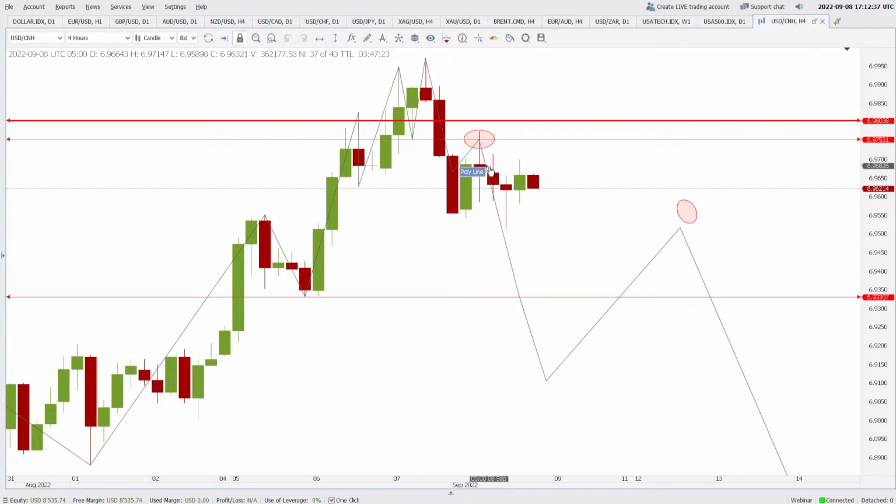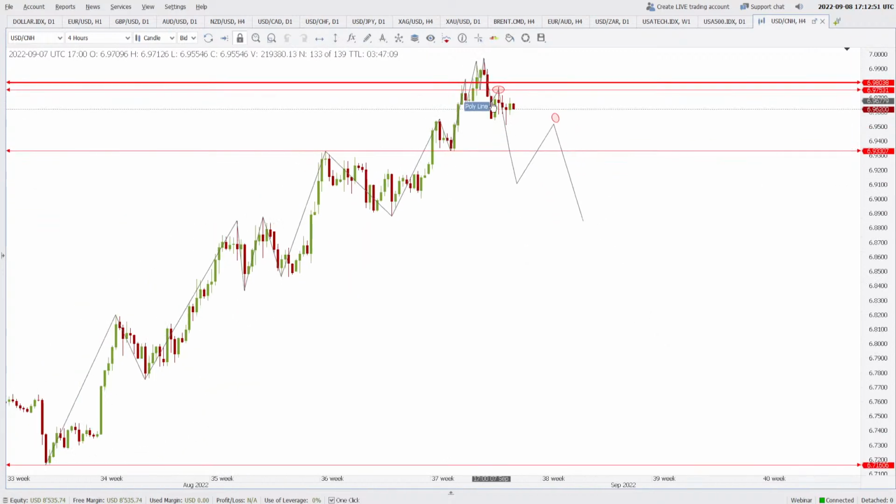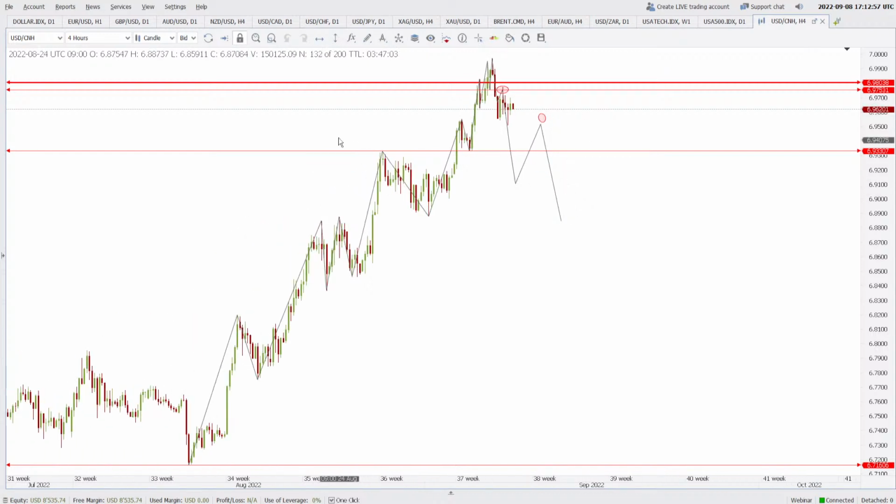This became a resistance, and now the price is not able to breach the 6.9753 area. Although the US dollar is rising across the board, it is not able to go beyond this level against Chinese yuan. So what does it imply? It implies there are more losses on the way for the dollar against the Chinese yuan, or you can say yuan is getting stronger than the US dollar. All right, the last thing that we can do is make a trend line and just see when it gets breached. Okay, when it gets breached, we will know for sure that now US dollar is going to fall against the Chinese yuan. This is one way of doing it.